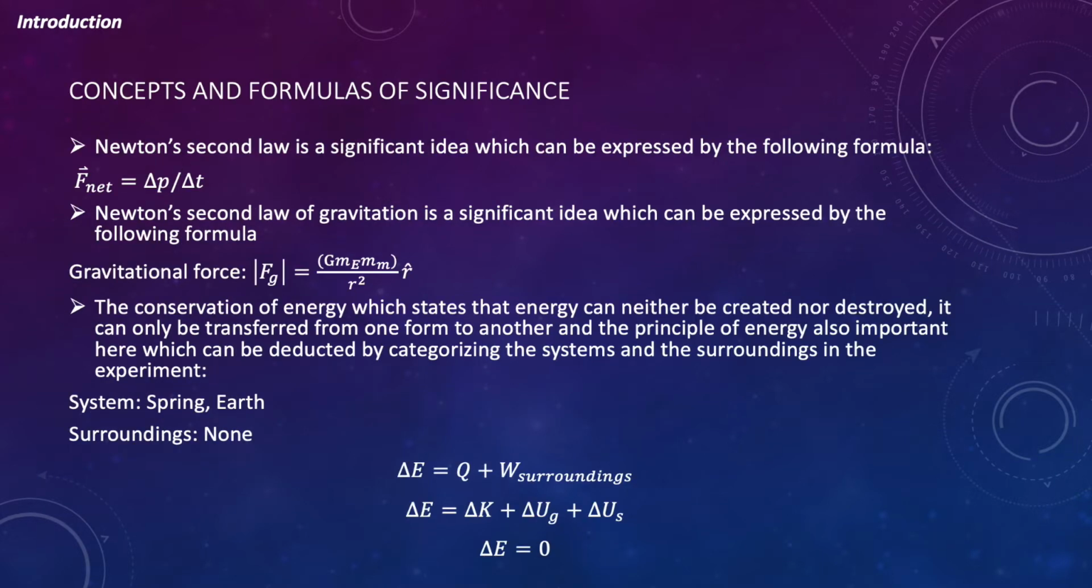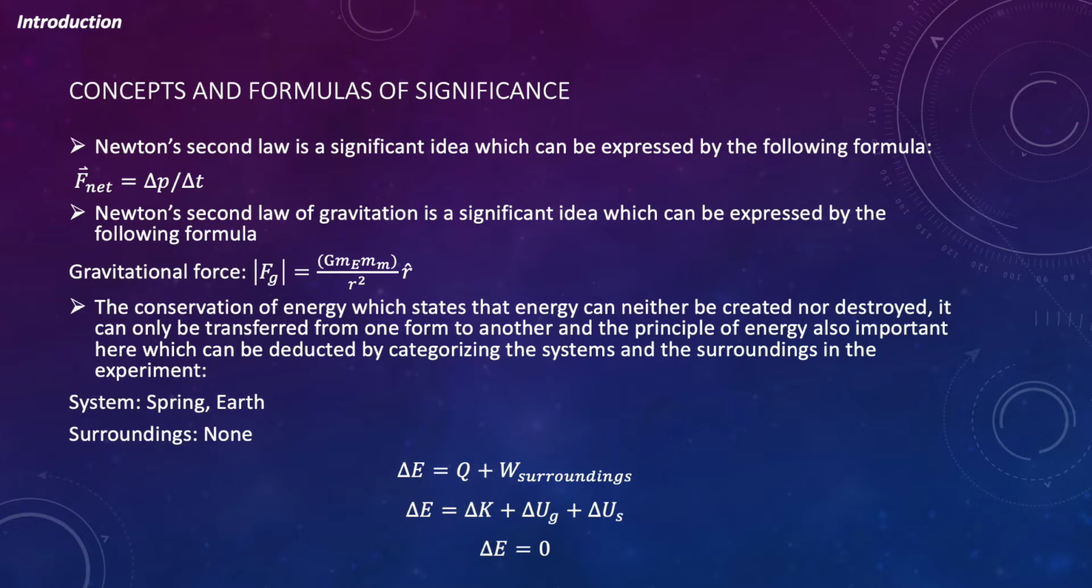Concepts and formulas of significance. Newton's second law is a significant idea which can be expressed by the following formula: F net is equal to delta P by delta t. Newton's law of gravitation is also significant and can be expressed by the following formula: gravitational force Fg is equal to G times the mass of the earth times the mass of the mass divided by r